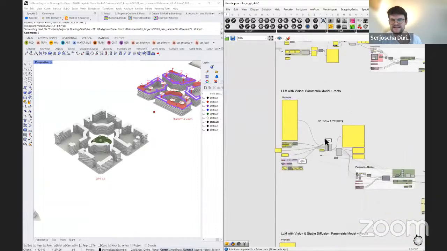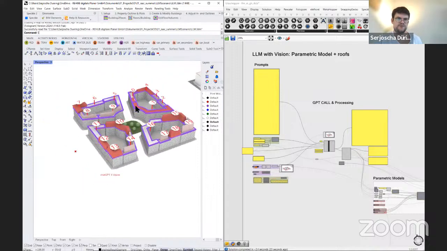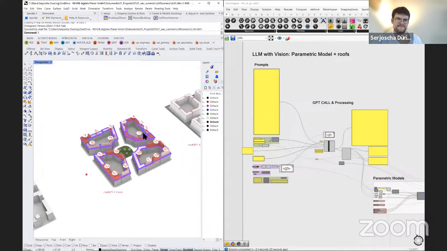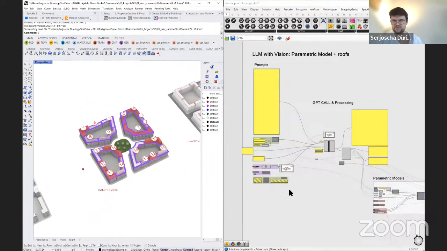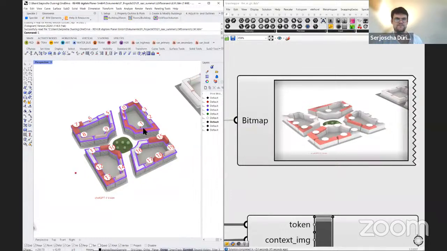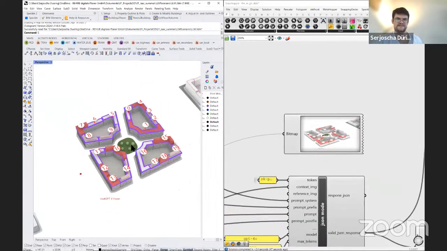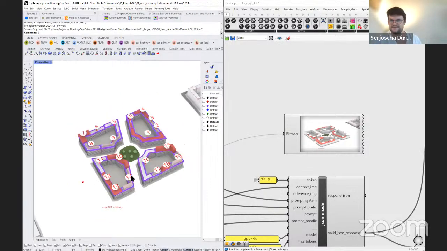Next example is a bit more complicated, where we use GPT for vision, where we can generate the quarter and roofs. That's why we need these annotations on top of the buildings, because the model needs to know for which building it should generate which kind of roof parameters, right? So we have one set of parameters for the overall structure and one for the individual roofs. And here, therefore, it's crucial to know which ID belongs to which roof. So you could say, make the roofs near the park penthouses or flat or in any shape, and maybe outside on the outer areas a bit different.